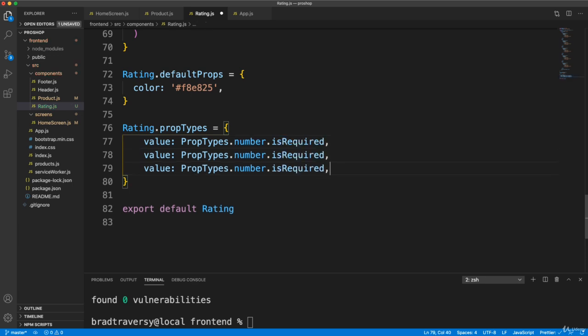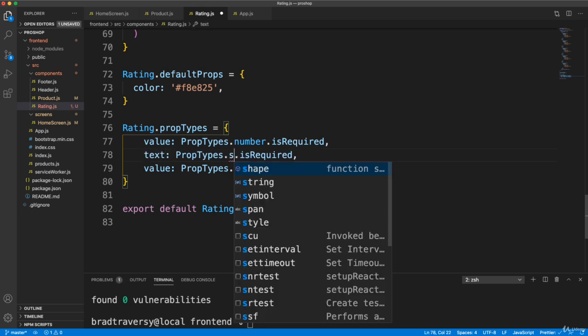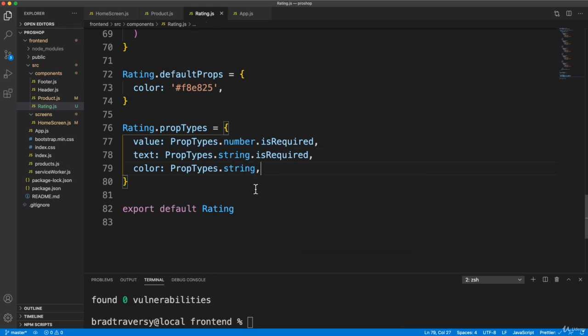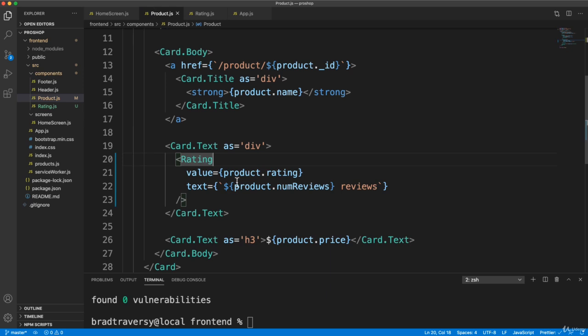Okay, we'll copy that down, and the text that's passed in, we know that's a string, that needs to be a string. And then we have color, and color I'm not going to set to required, and that's also a string. Okay, so what this will do is it'll type check our props. Now, if something's messed up as far as the types go, like let's say for text, which is supposed to be a string, if we pass in a number